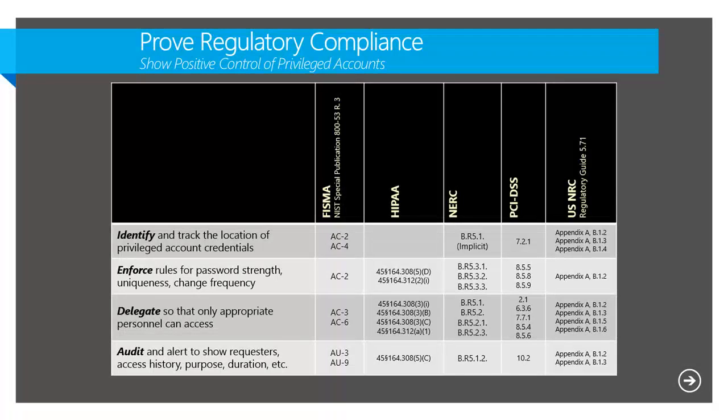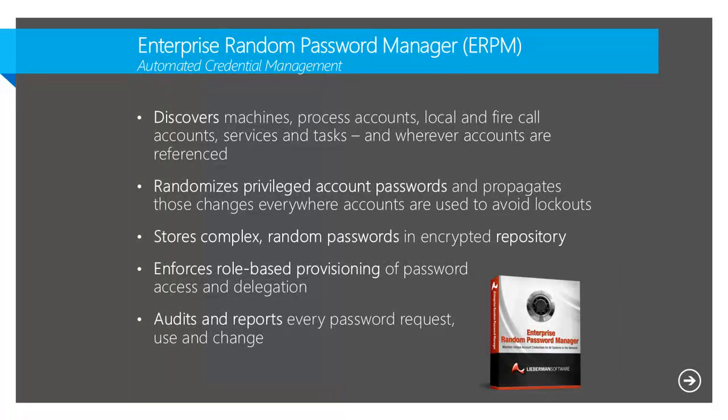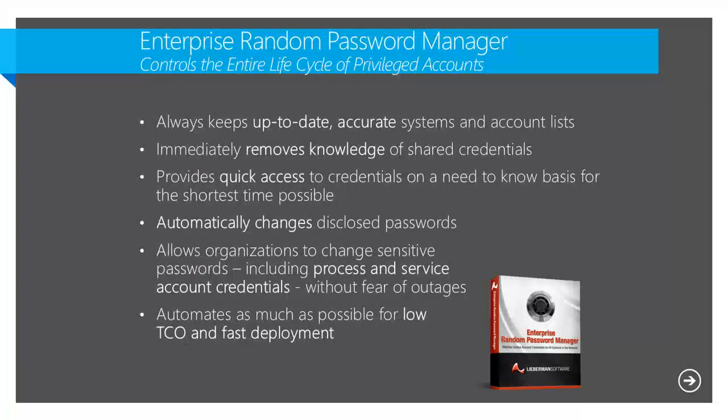So with automation, it is possible to do. And in part 3, we're going to talk about Uber automation, about doing it at the scale of the large companies of the type you might see here at this conference. The goal of our product, and I'm not going to get into a marketing pitch on this, is to discover and randomize these credentials, store them securely, make sure that only people who need them can get to them, then change them after it's all done, and audit this whole transaction.